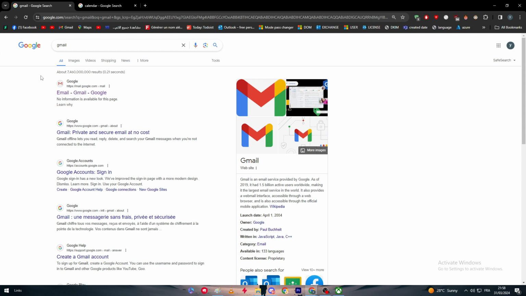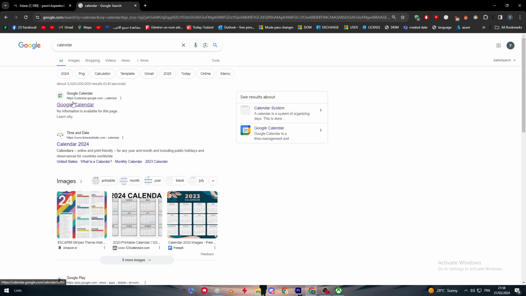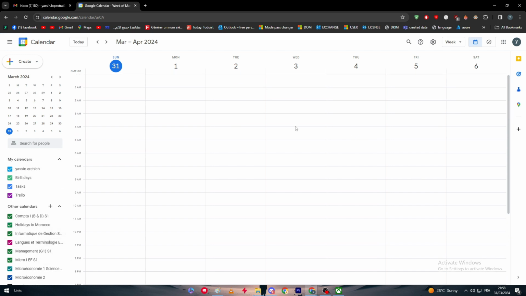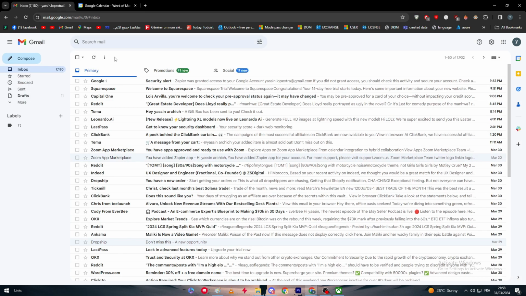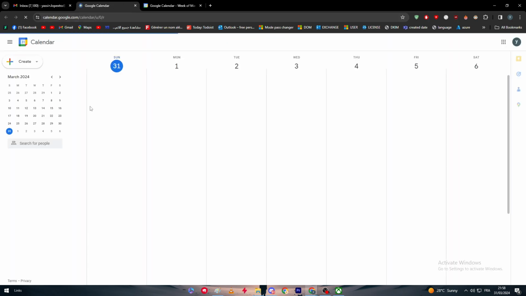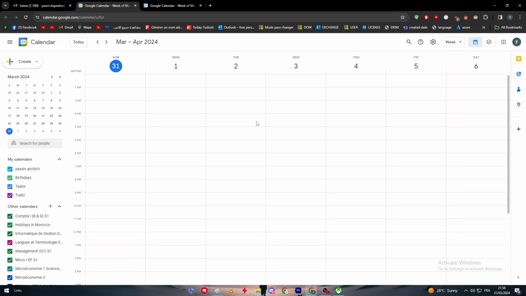The first thing that you have to do is to go to your email and make sure it is working. There we go, we have our email and it is working, and our Google Calendar is working as well. When you create your own Gmail for the first time, you will have Google Calendar attached to it automatically, so you don't really have to do anything else. But the problem is when you have another Gmail account and you have, for example, a calendar in